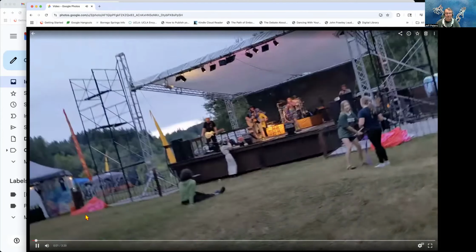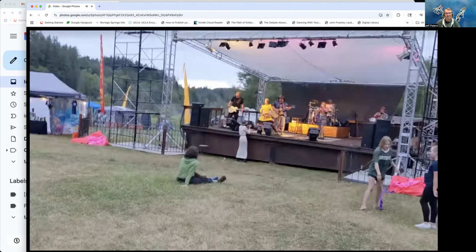I'm going to turn down my volume. And the reason I'm turning down my volume is I'm going to play you just a bit of, actually, the newest song that this band has put out with my son's expertise as the one who is doing the recording and making it available to the world. And this experience that takes place in this video I took yesterday while I was there at the concert is going to give you a flavor of